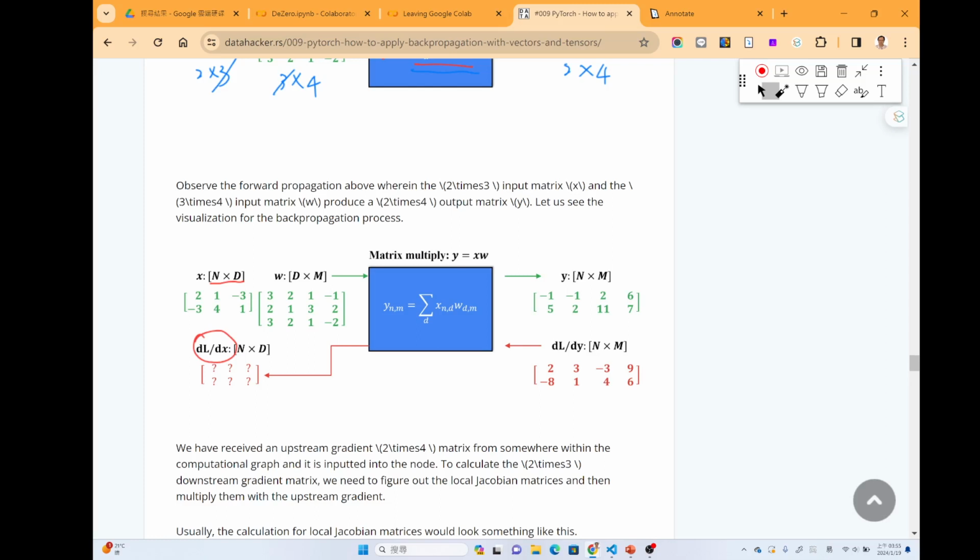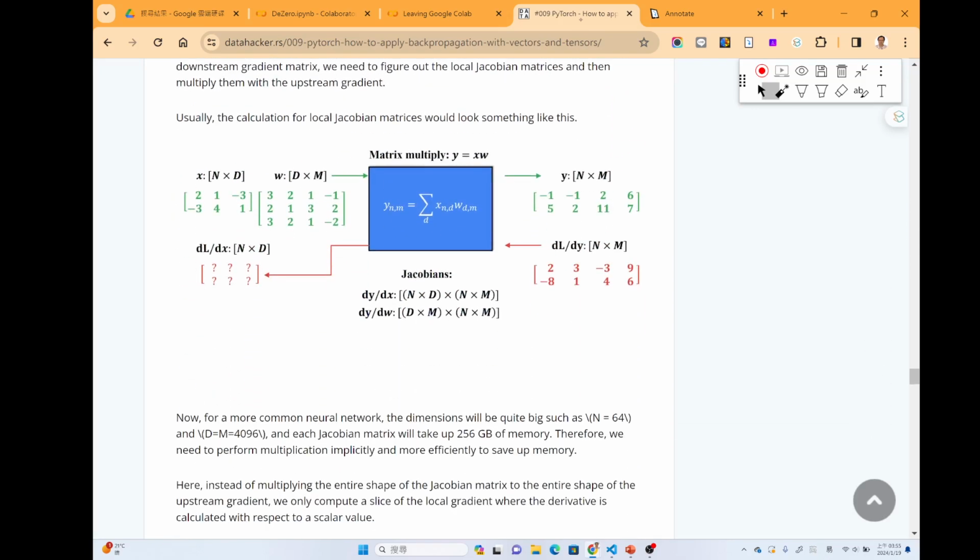So, but the problem is that how can we calculate this matrix? By using the Jacobian matrix, we know that the Jacobian matrix will look like this. So the dy and dx will be this dimension, and the dy over dw will be this dimension.